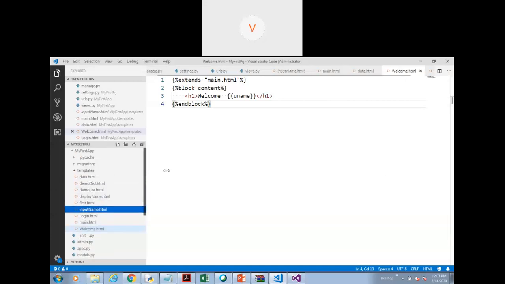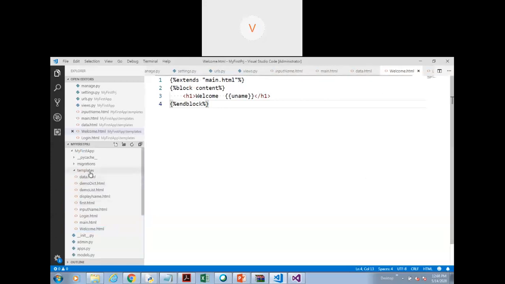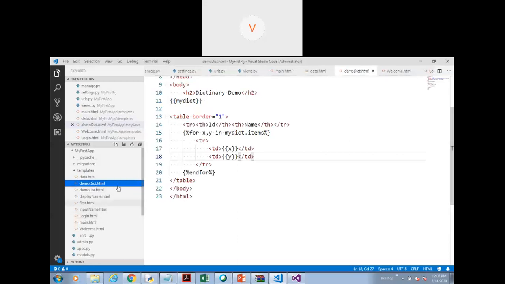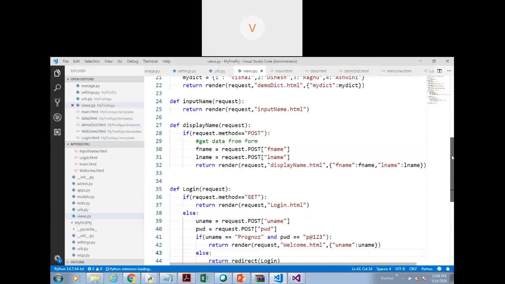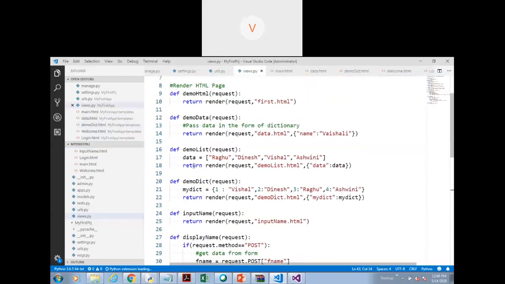So, in our previous session, we had seen how to render an HTML file. Okay, so let's see how to do that. First, we have to create a templates folder. Inside the templates folder, we create the HTML file. And for rendering this HTML file, we have to go to the views file of our application. And in this file, if I want to render a particular HTML file, we have to use the return render method and specify the first parameter as request, then demo list.html and pass the data. Is it okay? So this was how to render the HTML file.